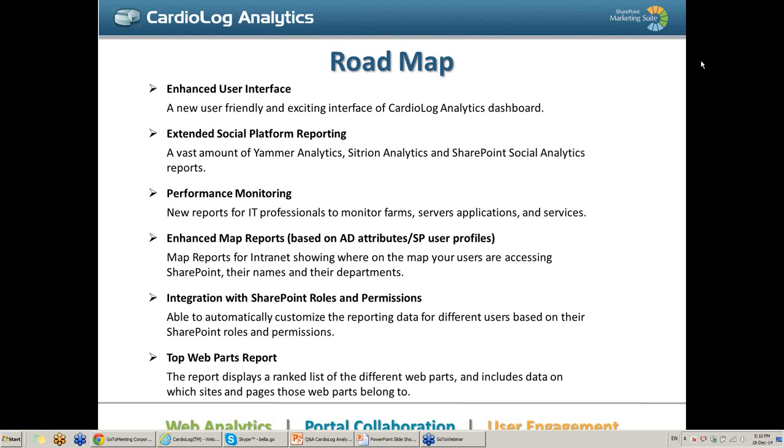Now, performance monitoring is going to be a group of new reports for the IT professionals, meaning that now you're going to be able to monitor things like farms, servers, applications, and services, and how many CPUs they are working with. So all of that technical data for your machine, for your SharePoint environment, for CardioLog, you will know by those